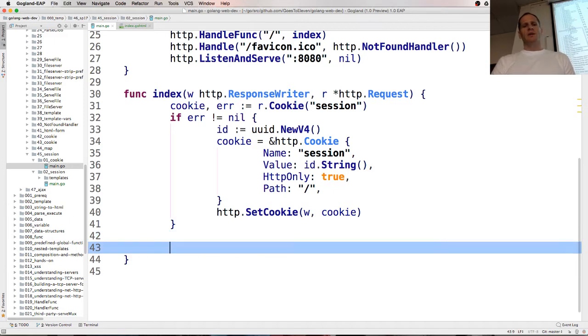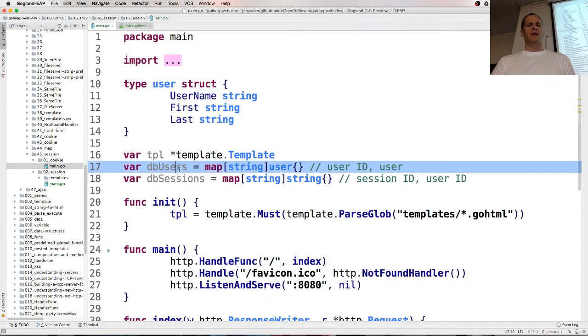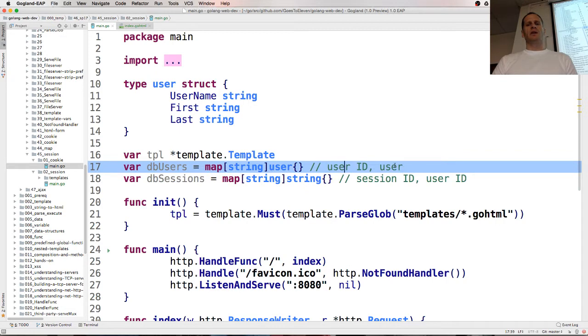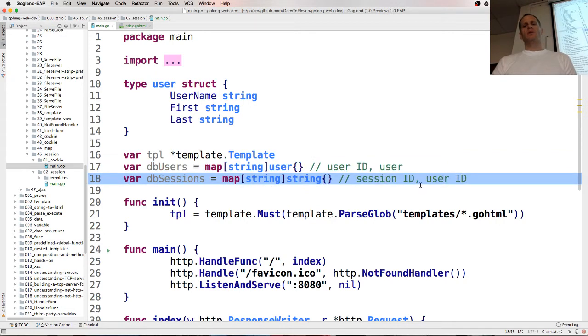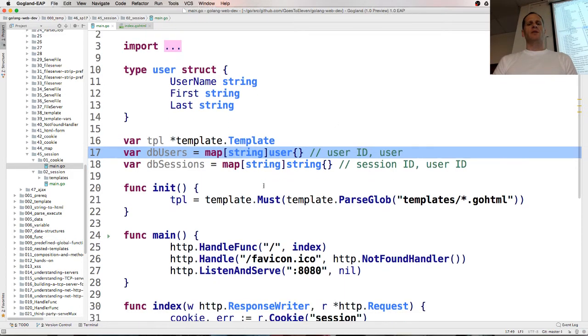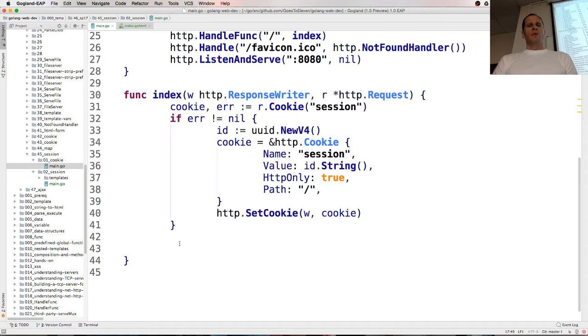So what's the next thing we're going to do? We've already created up here type user, and we've created these two little things to simulate a database or a table where we're storing which session ID is associated with which user ID, and which user ID is associated with which user. So one user could have different sessions over time. We could clear our sessions out over time, and then we're storing information about that person. So the next thing we might want to do is